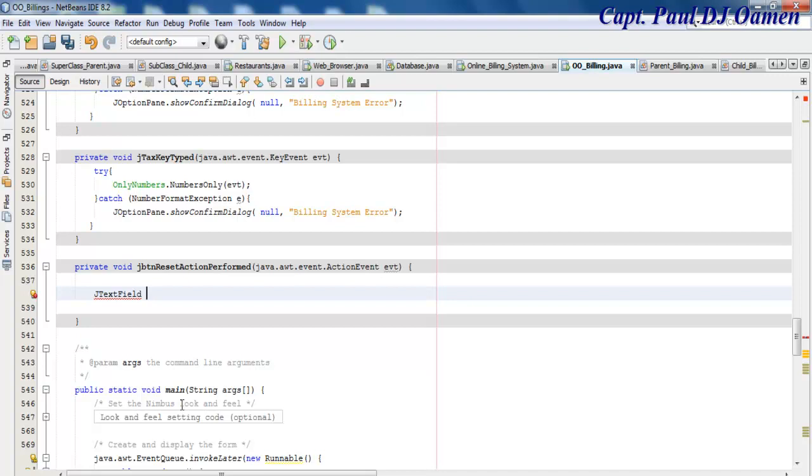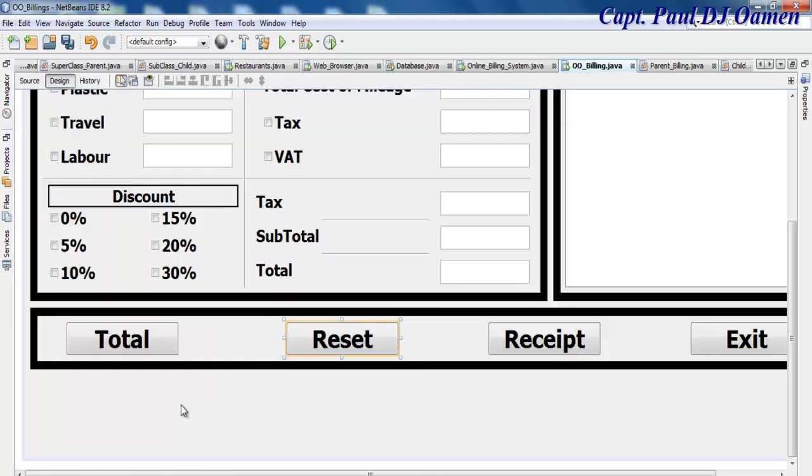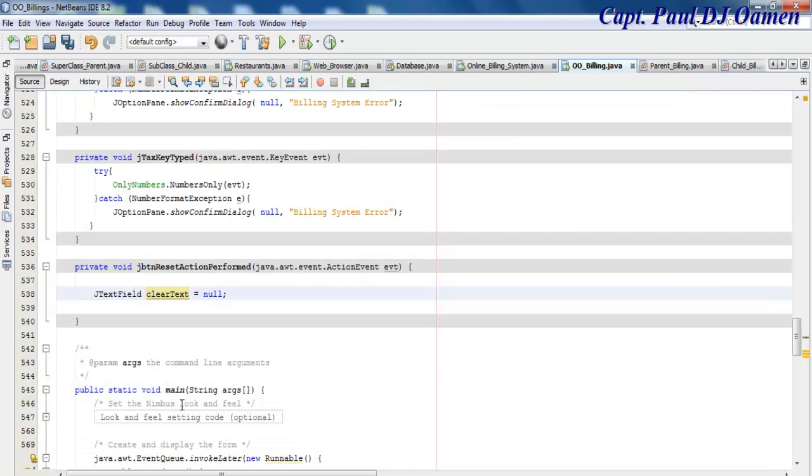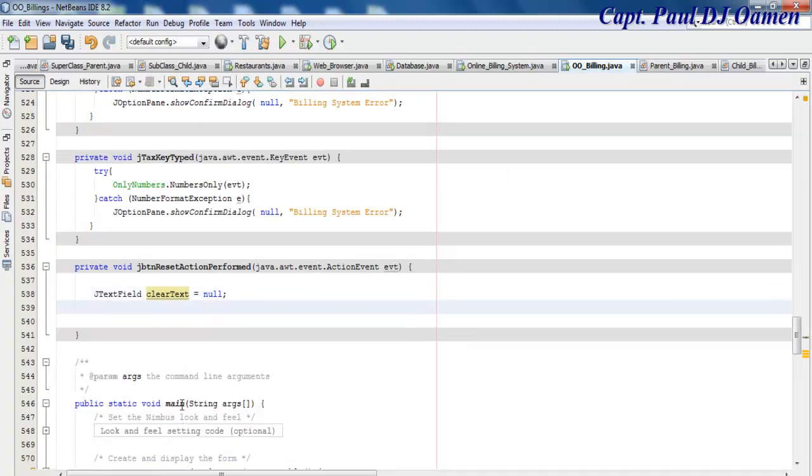Let's call it clearText. There, clearText equals null. And if you notice, you must also call the name of this panel. Okay, so if I come into the properties, I want to know that panel, that's JPanel4, so I need that as well. Okay, now that that is done, we use a for loop